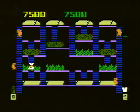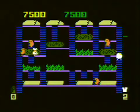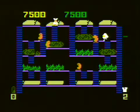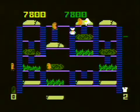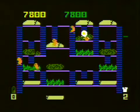Now, the action in BurgerTime may appear to be pretty slow at first, and this slowness in action could be mistaken by a novice as an easy game. But just because the action is slow doesn't mean that it's not challenging. You do move slow in this game, but so do your enemies, and